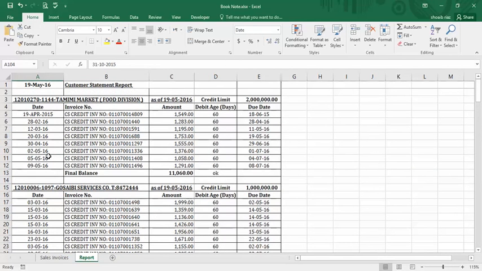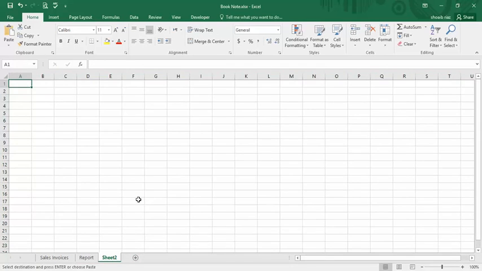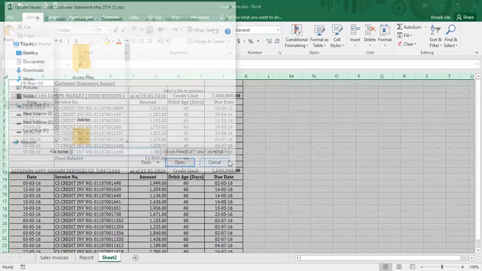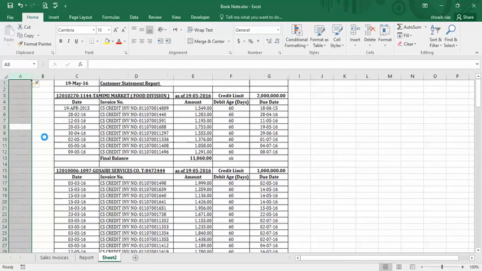So what you have to do is make this file a database. In a database you can add as much information below as you want, and then you can sort it and use it to make as many reports as you want. Okay, so let's do it like this. I will copy this data into another sheet, and then I will add here